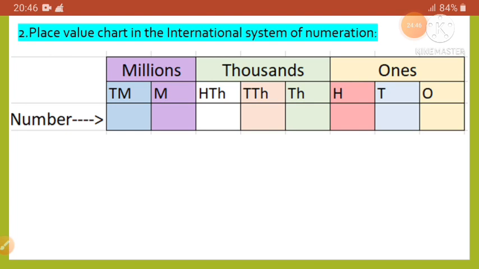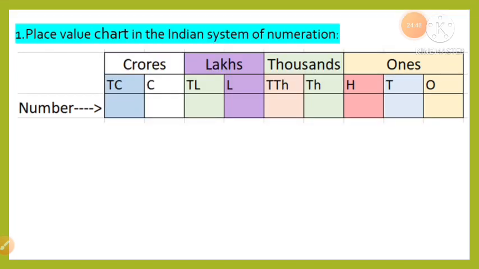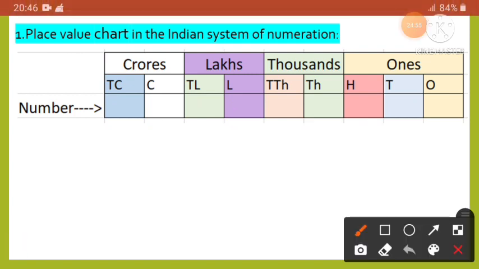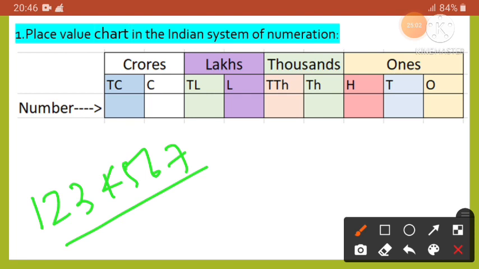Okay, now we are taking a simple example to give you a better idea again. We are taking one simple 7-digit number. Suppose 1 2 3 4 5 6 7, so it is a 7-digit number. To understand the number, we draw a place value chart. Here it is the place value chart. Now we are trying to place it.